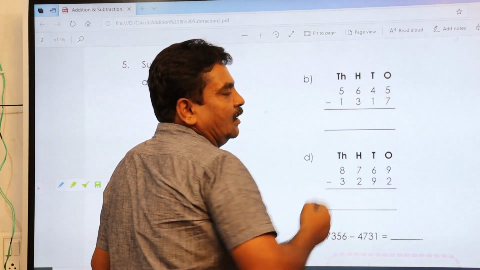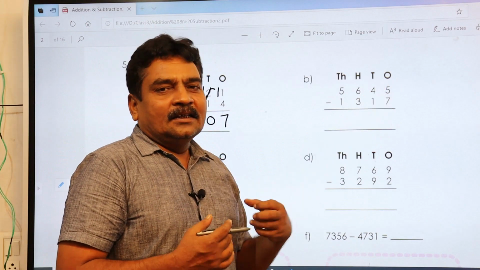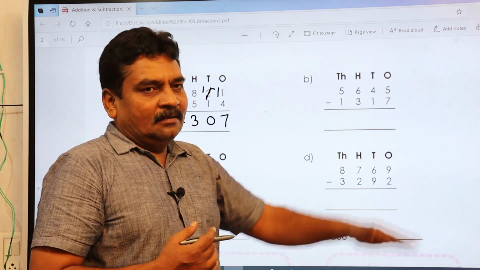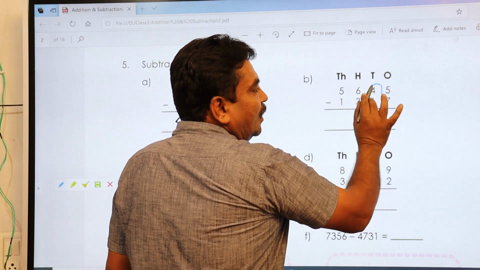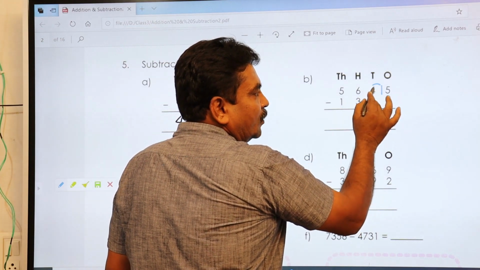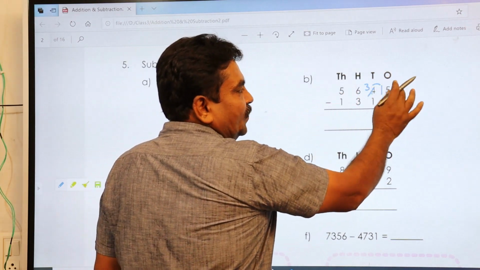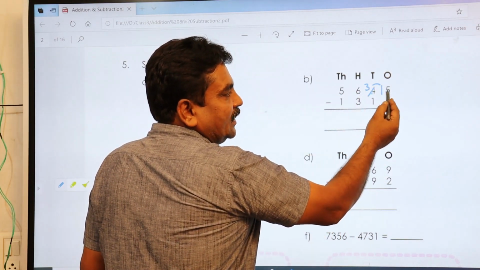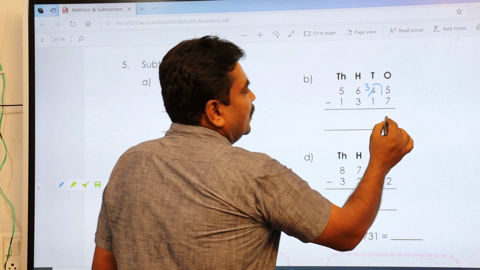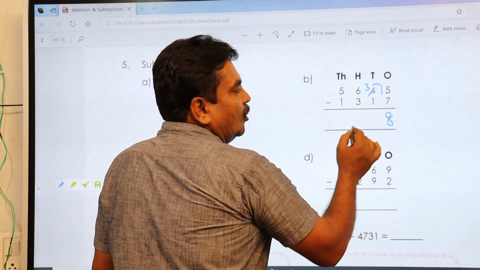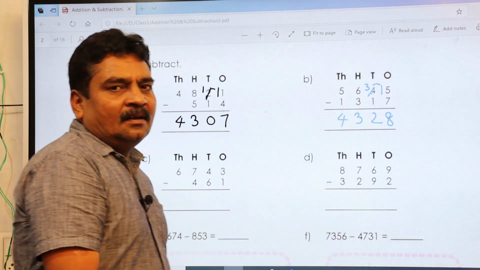To understand much better, I will do this problem also. 5 minus 7. How are you going to take 7 out of 5? It is not possible because 7 is the bigger number and 5 is the smaller number. So you have to carry 1 from the other number. So I am carrying 1, then it becomes 15. When you have taken one from 4, the number becomes 3. Keep it as it is, it is in the second column. First you finish your first column. First column, with carry, 15 minus 7 is 8. So write down 8 here. And 3 minus 1 is 2. 6 minus 3 is 3. 5 minus 1 is 4. This is your answer.